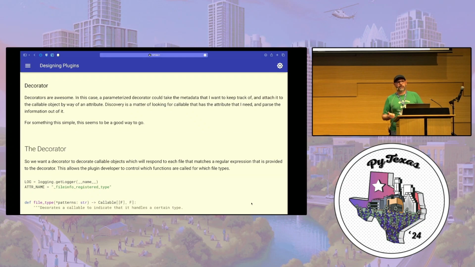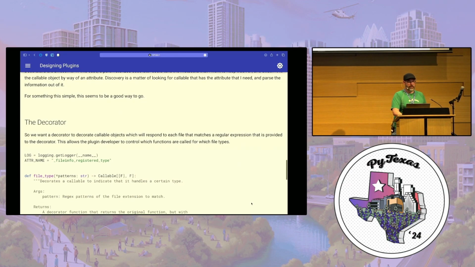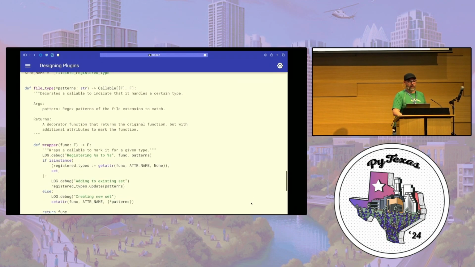If you don't believe me, go see my talk from last year where I gave about 4 different types of decorators and places that I use them. I think decorators are amazing. This is a really neat type of decorator that I call a tagging decorator. It's like one of those little tags that they put on animals that they're tracking out in the wild. I'm going to tag a function with an attribute and then release it back into the module so that I can find it later. So here is the code for that decorator,